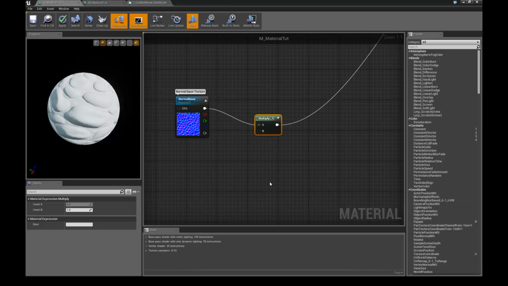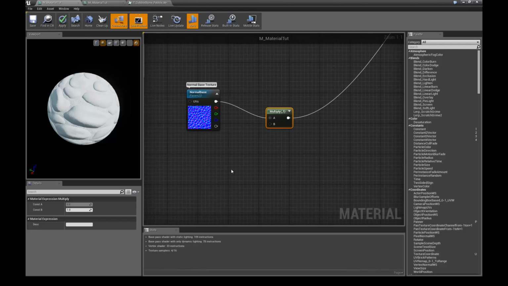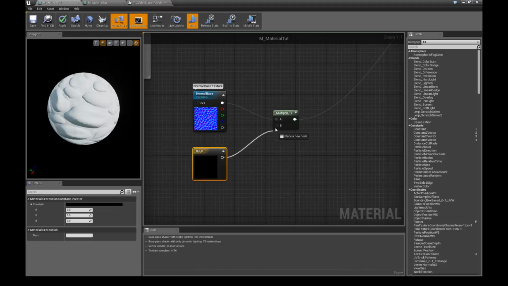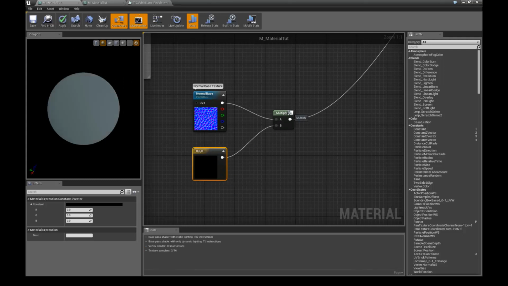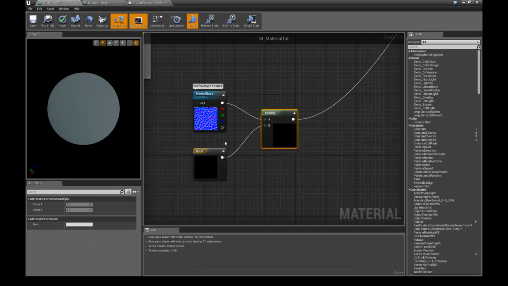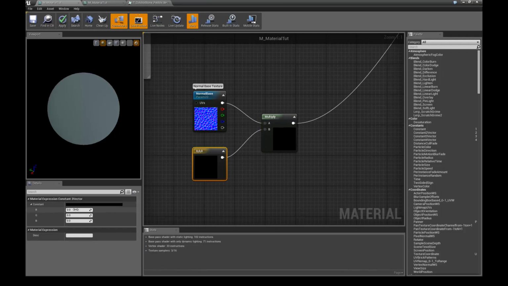Okay, so to demonstrate this, what we're going to do is we're going to create a constant 3 by holding 3 on the keyboard and left clicking, and we're going to plug this into the multiply. And we're going to hit this drop down arrow and we'll say enable real-time preview. Alright, so because we're multiplying by 0, what we're getting is a black result. If we come in here and we set these all to 1,